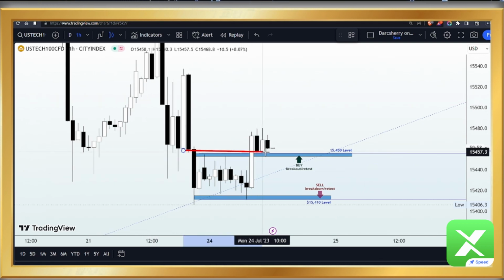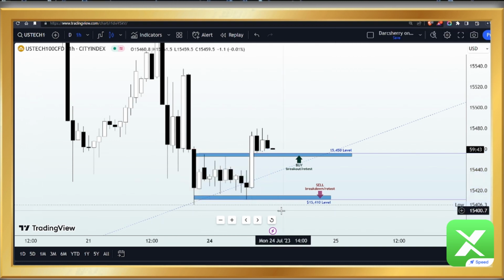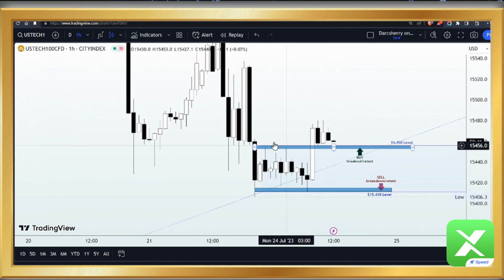As you will see, price was confined within the 15,450, sorry, and the 15,410 level to emphasize the level of indecision at this point. And one thing about this structure is that you will see that within this whole range we have here, if